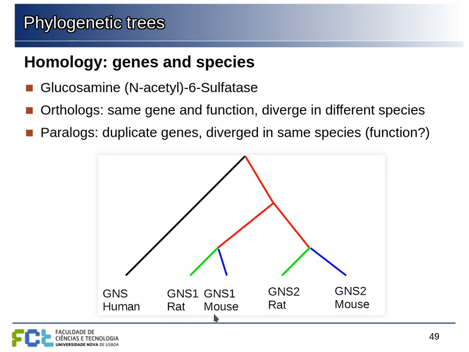So when we compare rat and mouse glucosamine sulfatase, we have two different proteins in rat and mouse, and the relation between them is a paralogy. So the same kind of protein, we have the two proteins in rat which are related to one another, and also the two proteins in mouse which are related to one another. So this makes the tree a lot more complicated than if we only had orthologs.